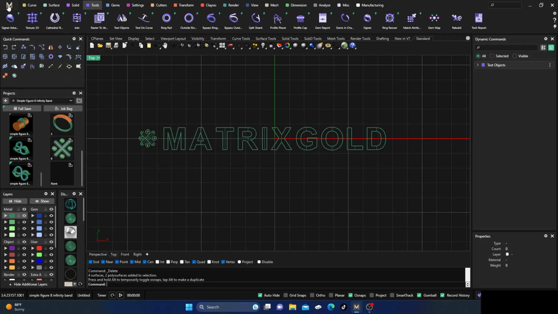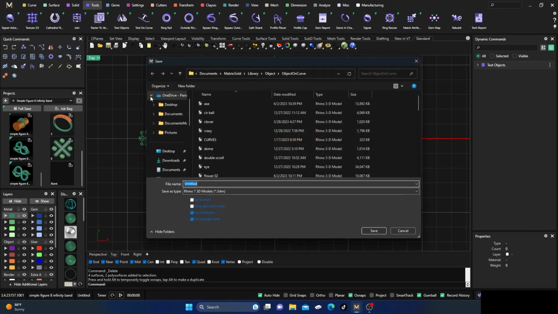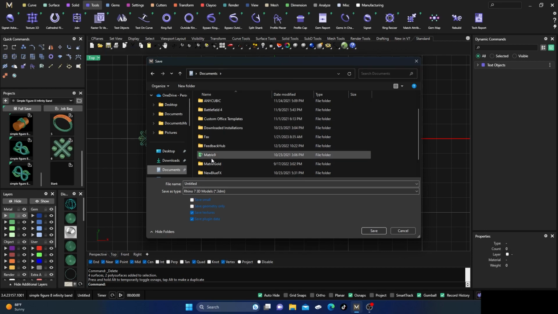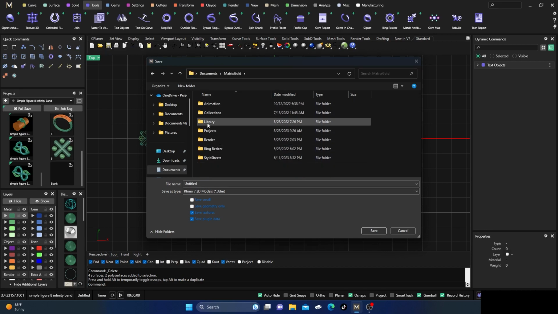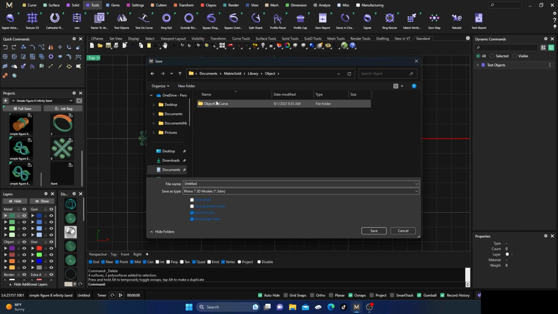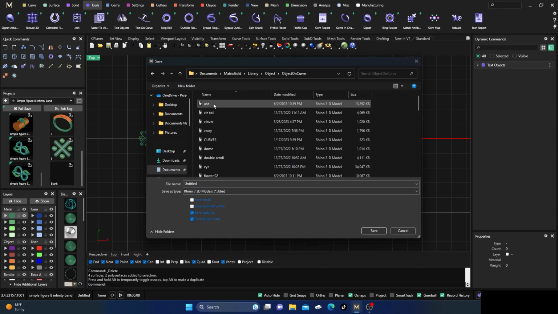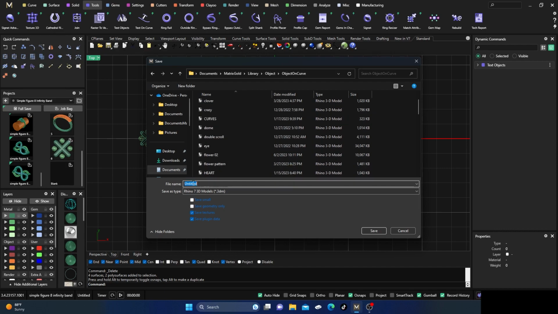And now all we have to do is go to our big M here, Save As, and we will scroll down to our documents. We will go from documents to MatrixGold, MatrixGold to Library, and our Object Library. And we will click our Object on Curve Library, because everything in your object on curve library will transpose over to your objects on surface library. So you have all those objects on curve in your library on objects on surface library. And I'll just type in